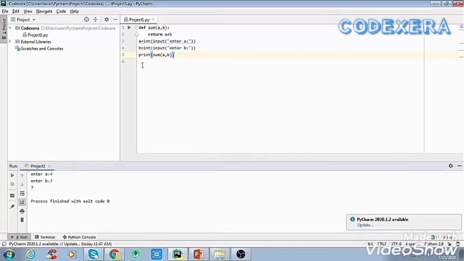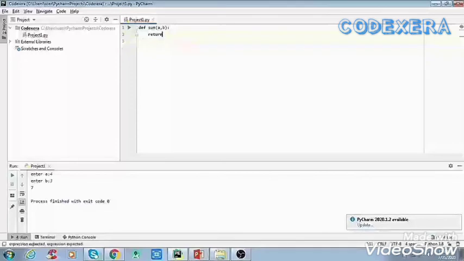So if the value of any argument is not provided at the time of function call, then that argument can be initialized with the value given in the definition, even if the argument is not specified at the function call. I will show you in the example what I am telling, then you will be able to understand.